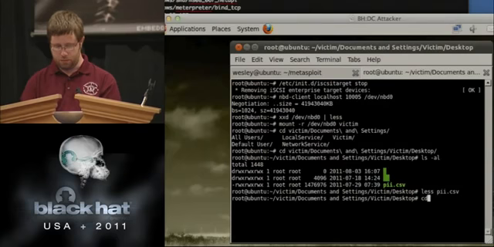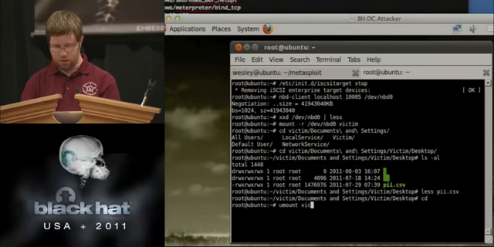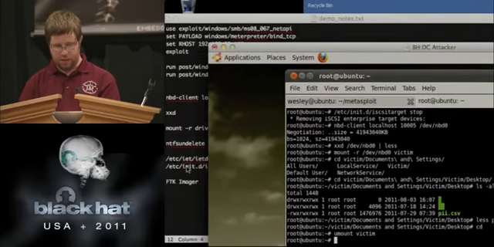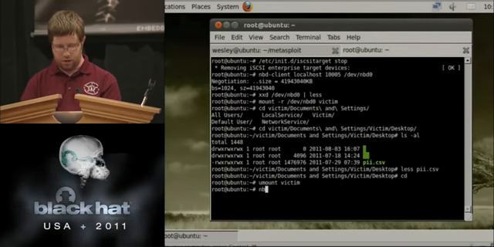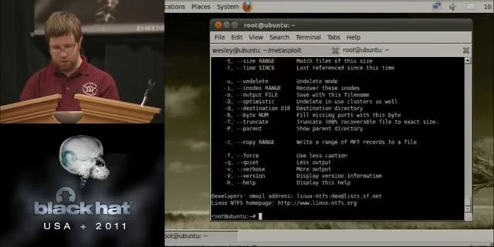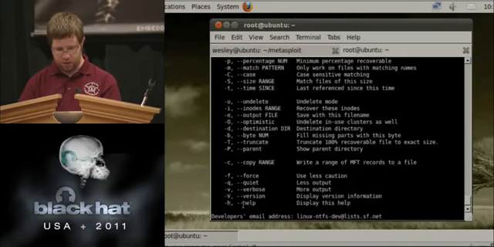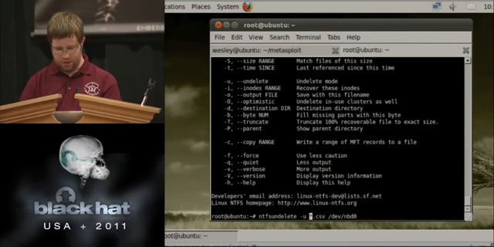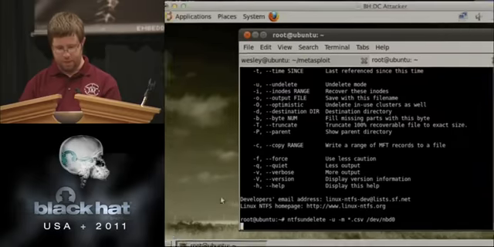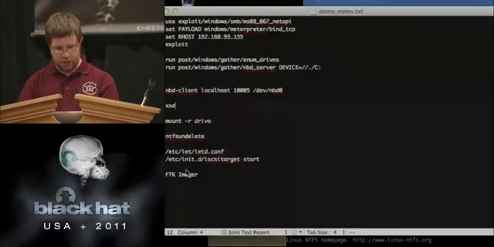Cool. So let's unmount that. Now with NTFS undelete, we can undelete deleted files, and that uses the master file table to find those files that have been deleted but are still hanging around with file records and things like that. We'll undelete anything starting with CSV on dev NBD 0, and that's not how you do it, apparently. Oh, I know. -M, I think. Yeah, there we go. And now I'll give it a moment to do its thing.